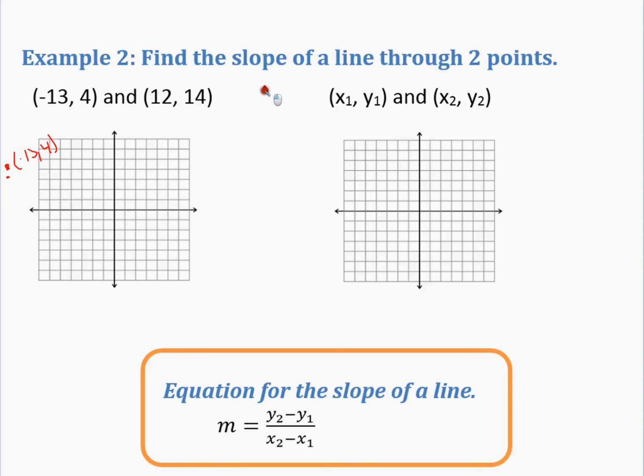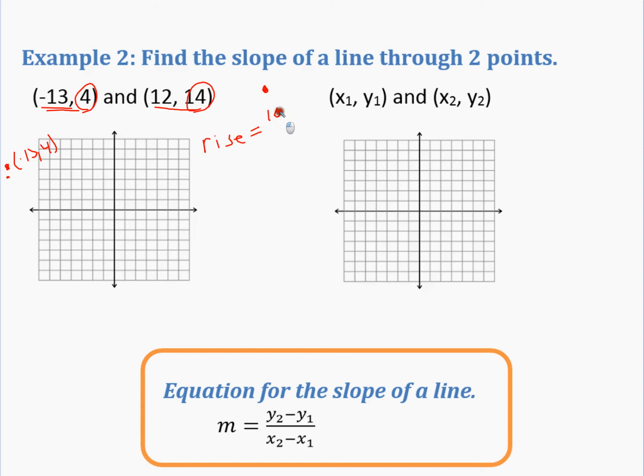So this seems a bit inconvenient at times to actually graph these points, and that's the point of this example, is that graphing is not always the easiest or best way to go. So we want to figure out some other way to do this. So our rise has to do with our vertical change. So we want to find what's the difference or distance from 4 to 14. Well, that's 10. We're going from a positive 4 to a positive 14, so our rise